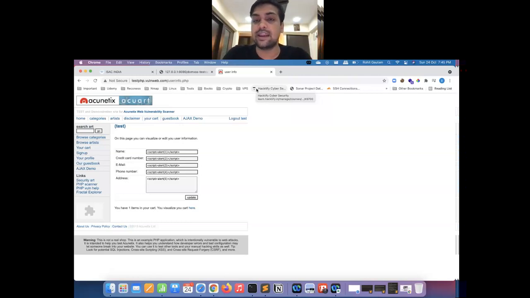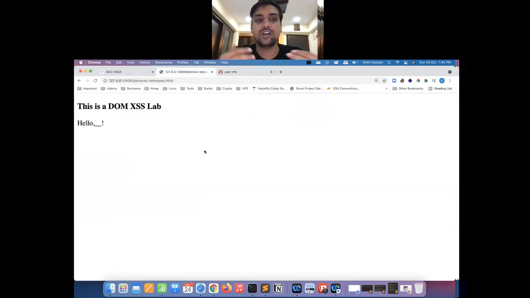So let's understand how we can do DOM XSS and what the approach to it is. I have created a lab over here. This is a DOM XSS lab, which says hello. The first thing that you need to do in DOM XSS is to try to understand the JavaScript code from the source. You have to see whether whatever input has been given into the source comes out of the sink as it is, without getting modified, filtered, or sanitized. Then you can confirm that there is a DOM XSS vulnerability present.